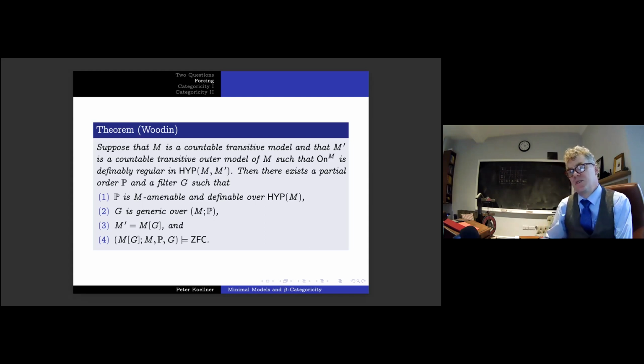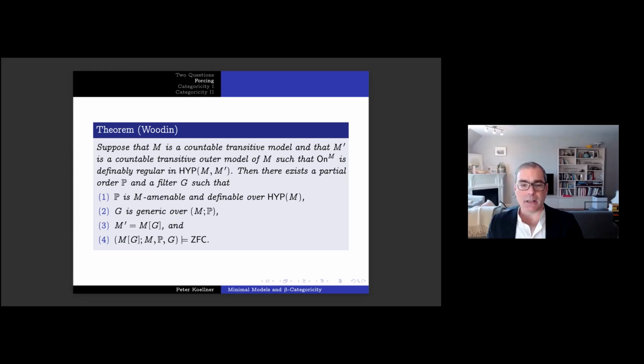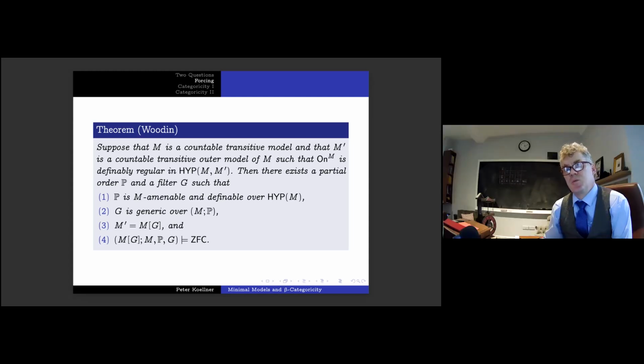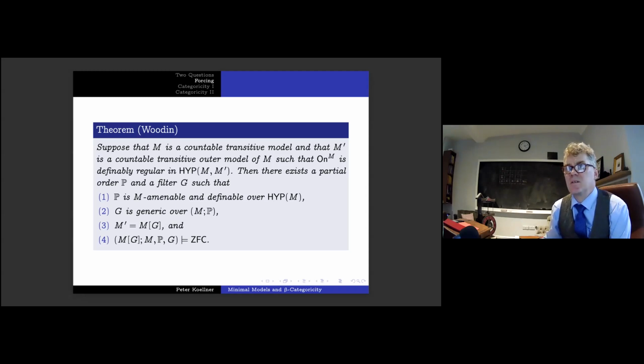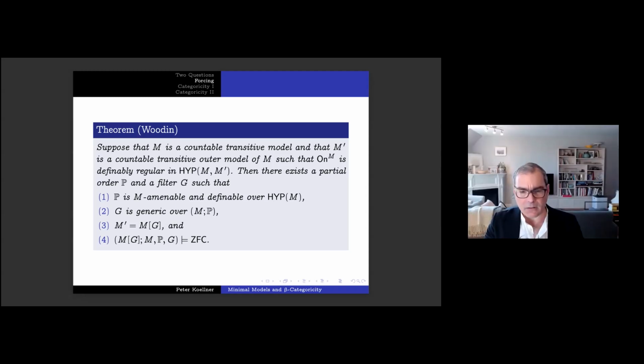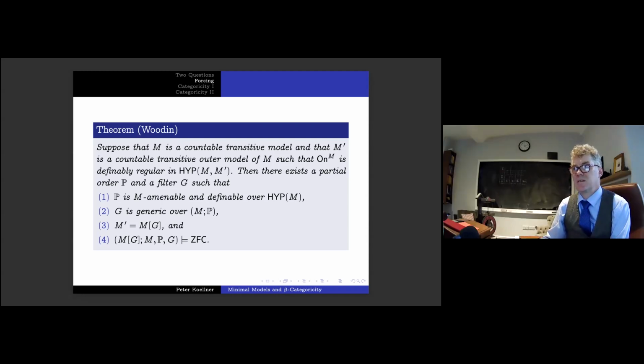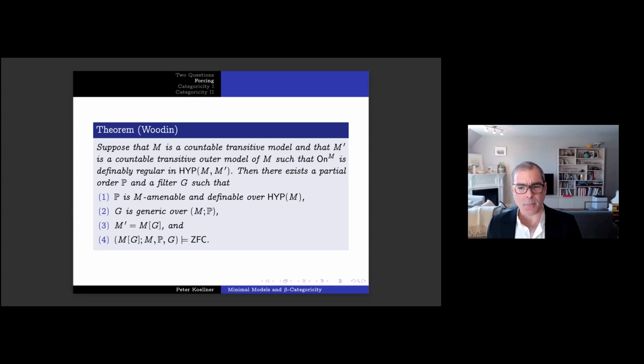Peter, could you clarify, is the forcing notion there, P, do you have ZFC in the language with that class P? In the beginning, you mean? In statement 2, where you have M, you're saying there is this partial order P, but I want to know, is it ZFC-amenable to M? I don't know. You're not assuming P is. I think it is. Doesn't that follow from the last statement? Well, that's about the forcing extension, but you're throwing M in. Probably it follows. Okay. Thank you.